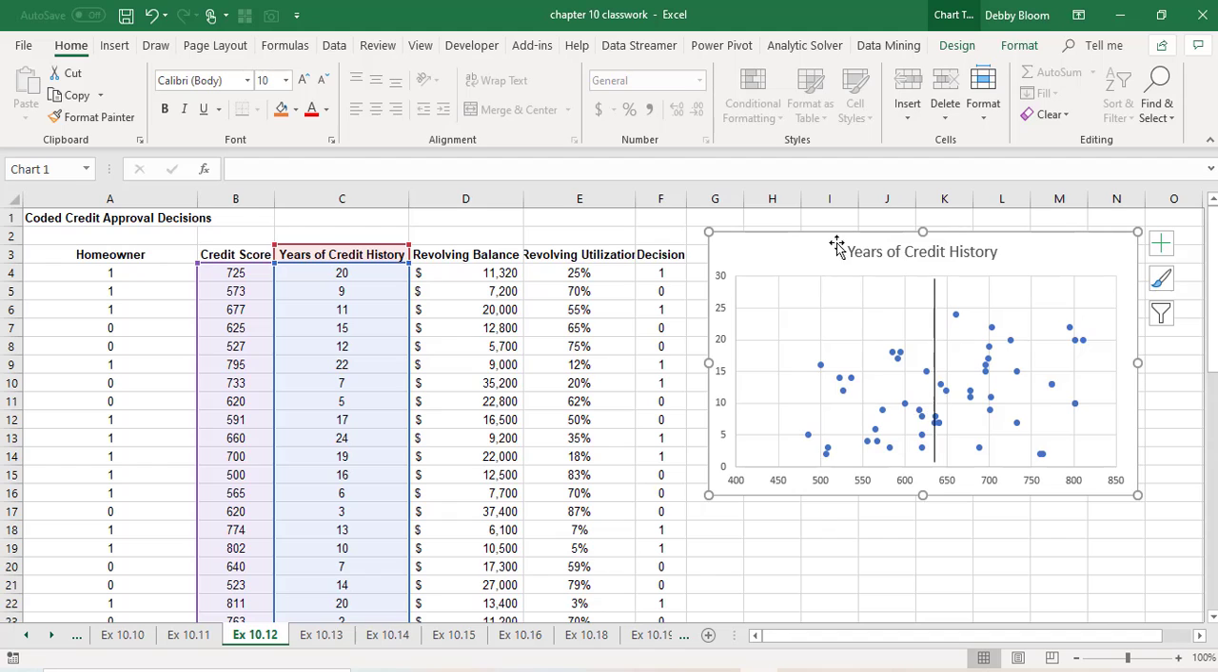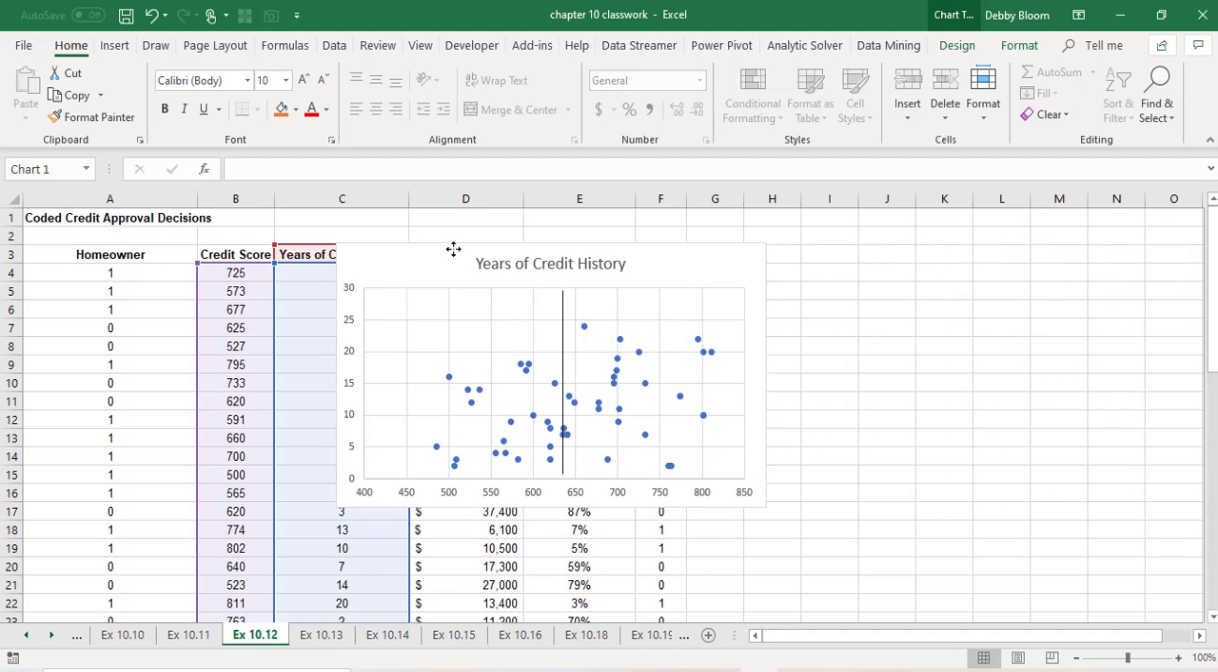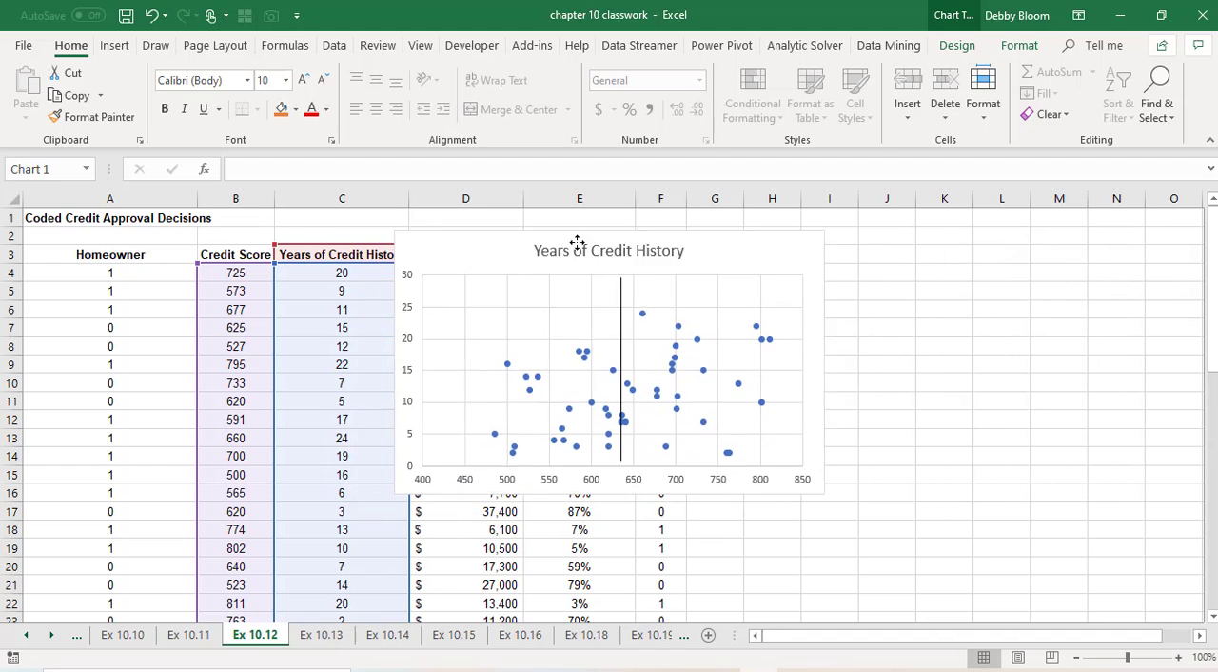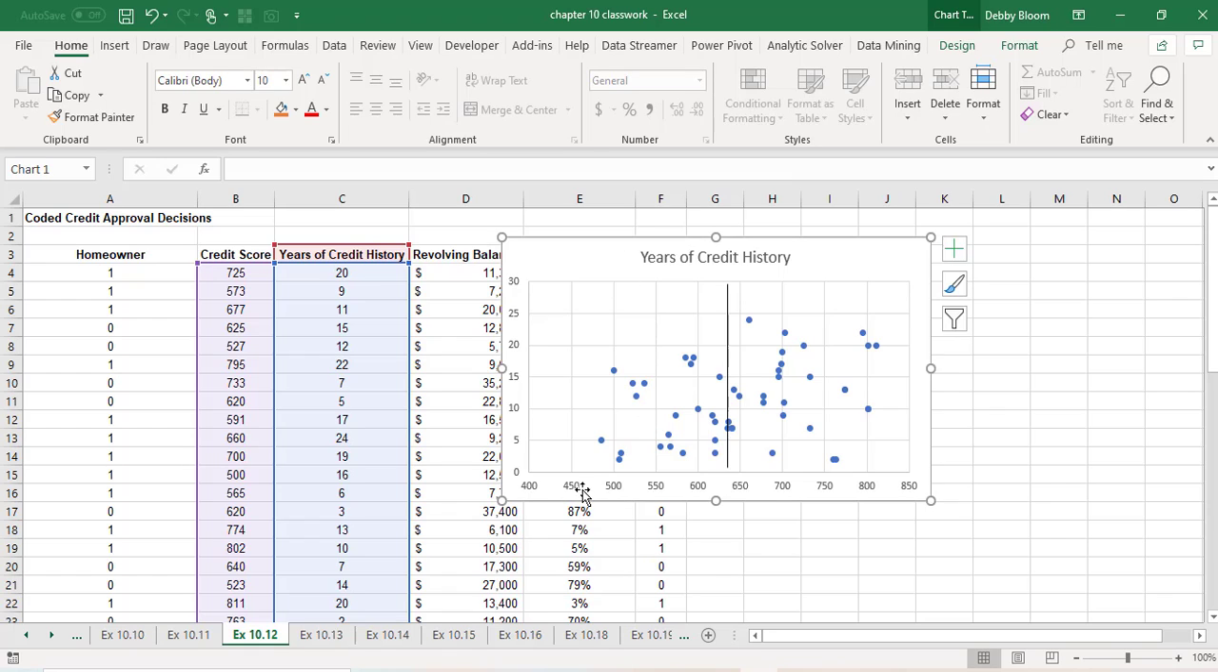So to explain what discriminant analysis is, I charted years of credit history versus credit score. Credit score is on the X and years of credit history is on the Y. And then I created a vertical line at around a score of 640. That was the criterion that we used in a previous example. So what happens is all the dots on the right represent a yes and all the dots on the left